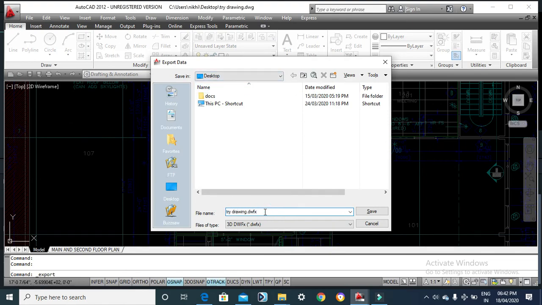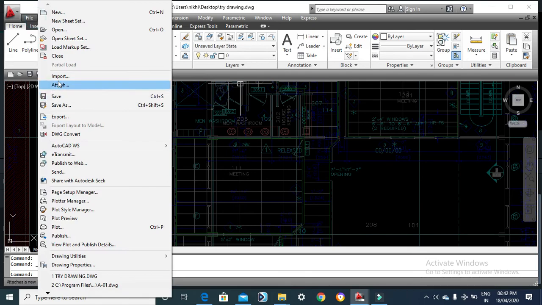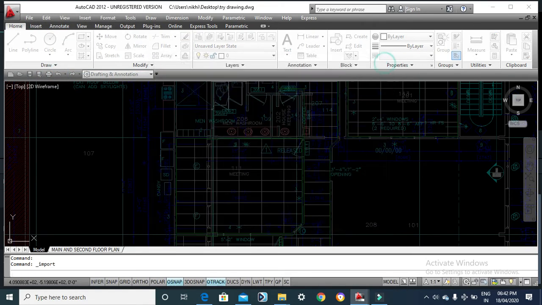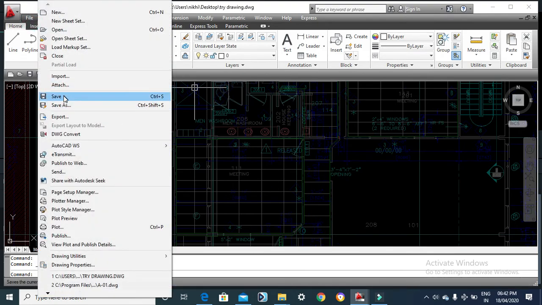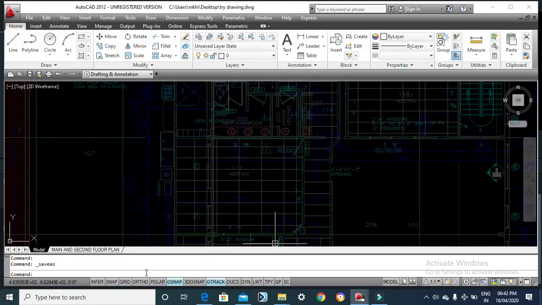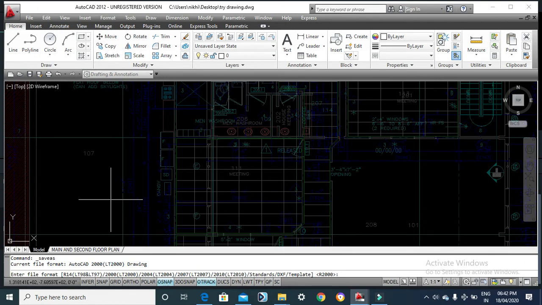But before that, no window was opening, even for export or for import. The most painful is that upon clicking save as, no window was opening. I'll just show you again. Please pay attention. Now I say FILEDIA, enter, and I make it 0, enter. Now see, when you go to save as, no window is going to open. So this is very painful.